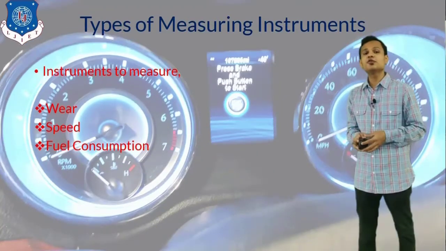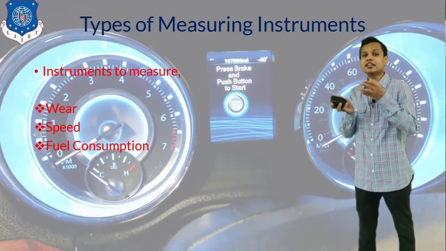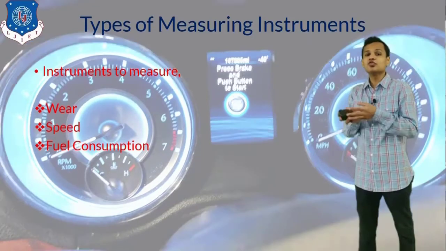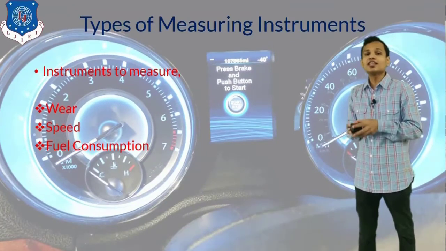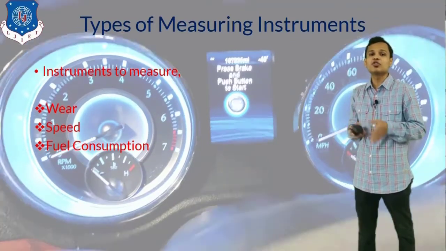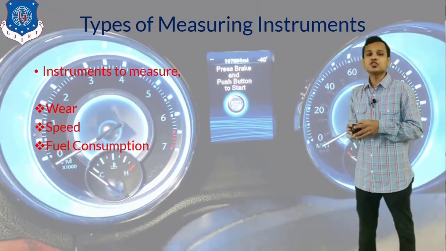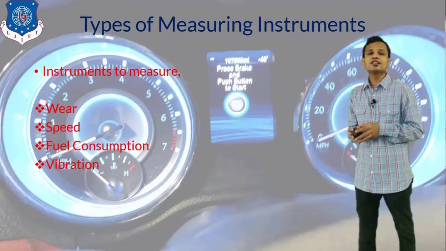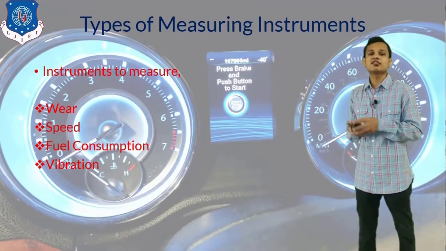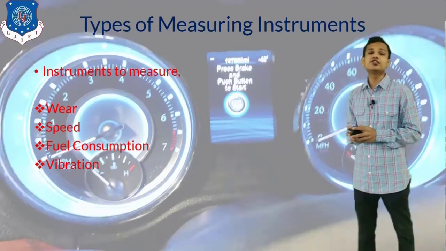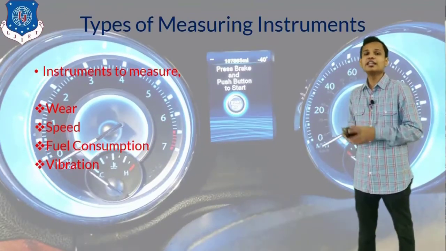The next thing is the fuel consumption. Again, fuel consumption is an important factor. It defines the average of the vehicle. How much fuel is consumed when we are driving the vehicle is important. So the consumption of the fuel needs to be measured based on its volume or based on its weight. The fourth thing that needs to be measured is the vibration in the engine. The different components create vibration in the engine, and that vibration needs to be absorbed so that the driver and passengers feel comfort in the vehicle.